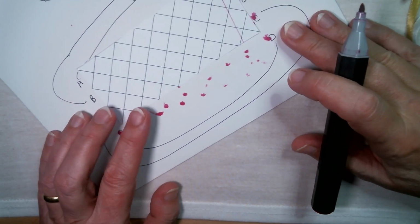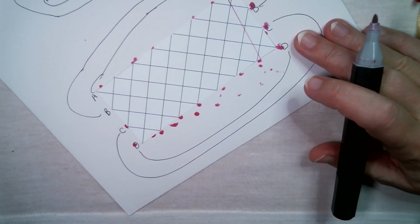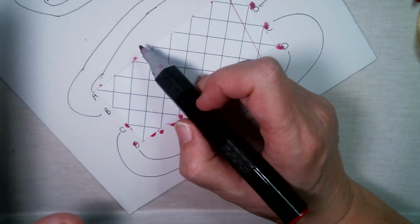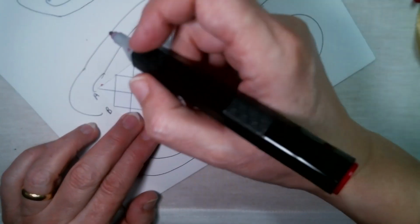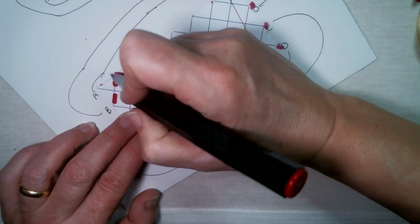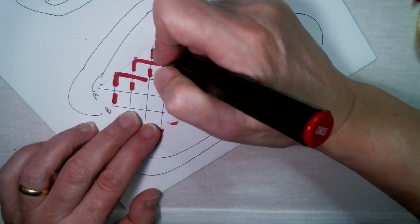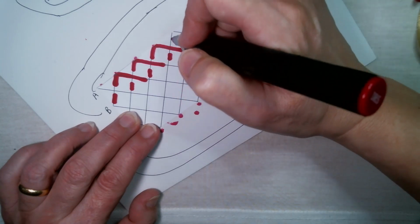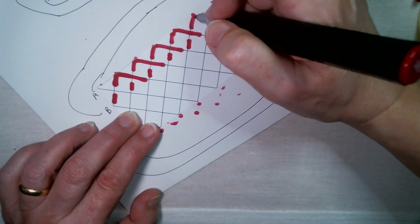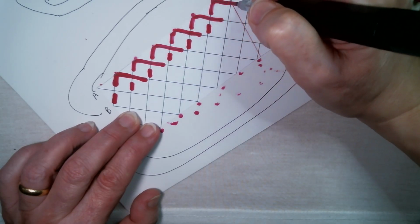The next thing I need to do is work out how this button will weave, and it is under and overs. These are not points because they'll fall flat when you make your knot. So I'm going to first put in an under and an over, an under and an over, under and an over, under and an over, and again under, over, under, over,